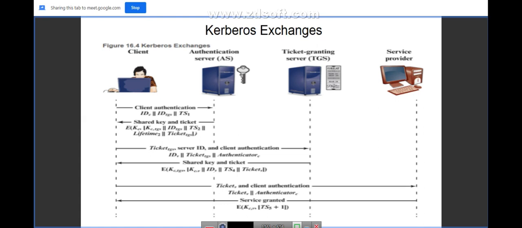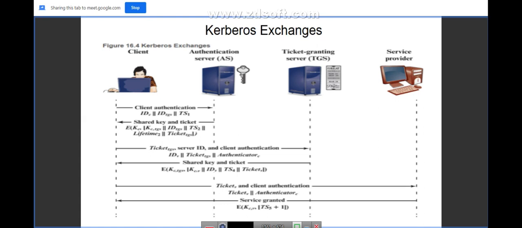Why? Because this Ticket V was indeed sent by the TGS himself, and it is encrypted. This Ticket V is encrypted by which key? Encrypted by the server's private key. And this Authenticator C contains the details of the client, and it is encrypted using the session key, which is known to the server as well. Once this package reaches the server, the server can easily decrypt Ticket V using his own private key and the authenticator using the session key.